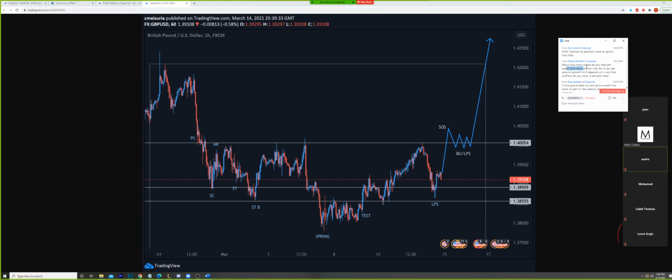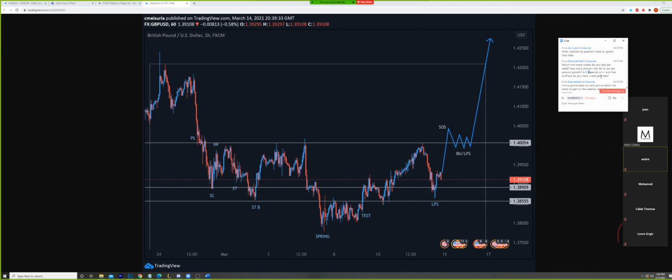Gotcha, man. About how many trades do you take per week? How many should I aim for to see growth in the account? The only thing you need to see growth in your account is a positive RR every month. The amount of trades you take will not determine that. The type of trades you take will determine that. That's the most important thing.